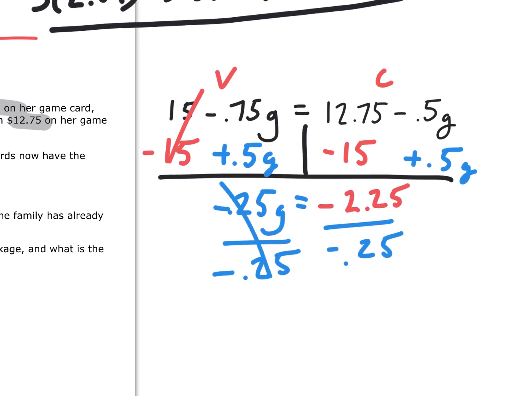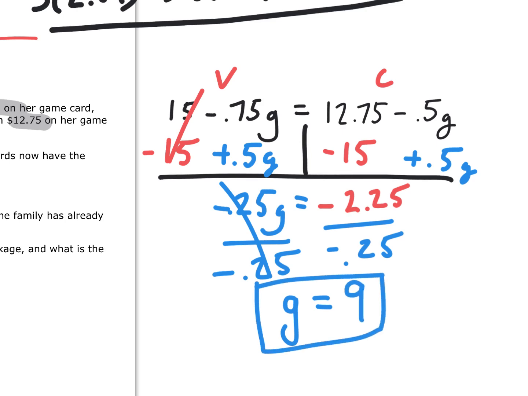Remember, dividing by a decimal gets you a larger number. And we know that $2 is 8 quarters. And then that's another one. So $2.25 is 8 plus 1, which is 9. Okay, and we can plug that back in